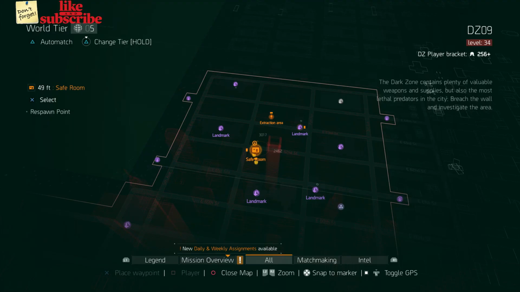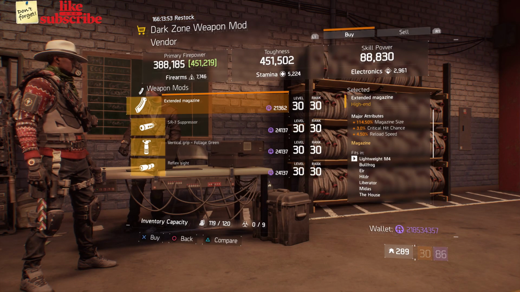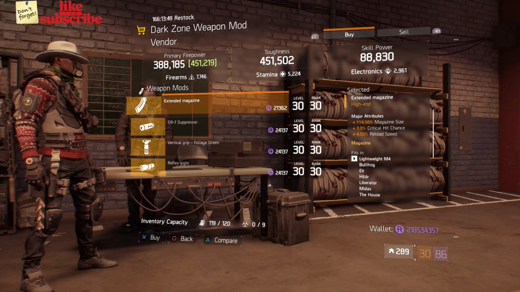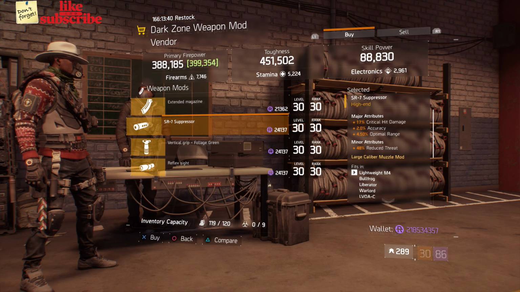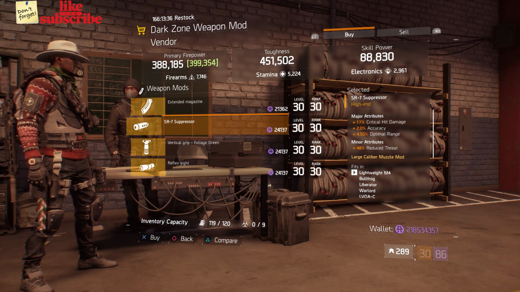For our next gear items, you want to head over to DZ9 Safe Room. Here the Dark Zone weapon mod vendor has an extended magazine with 114.50% magazine size, 3% crit hit chance, and 4.50% reload speed. And then also here we got an SR7 suppressor with 17% crit hit damage, 2% accuracy, and